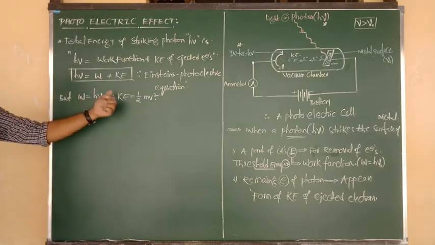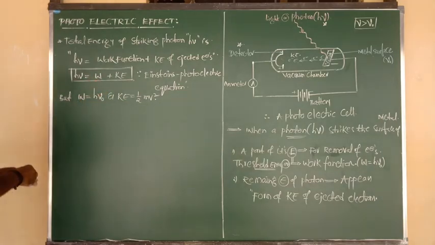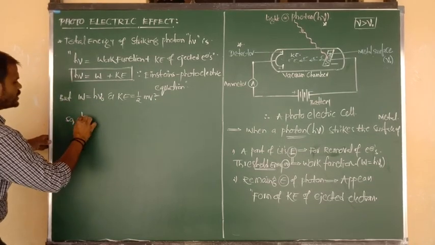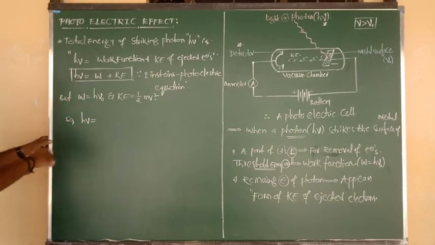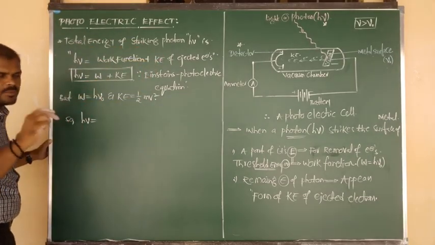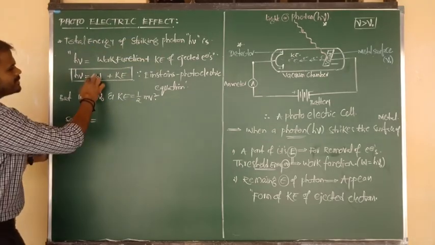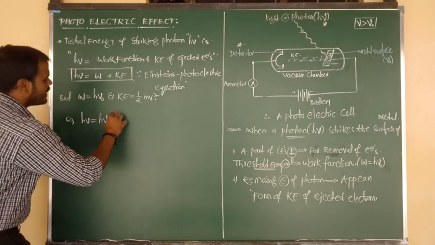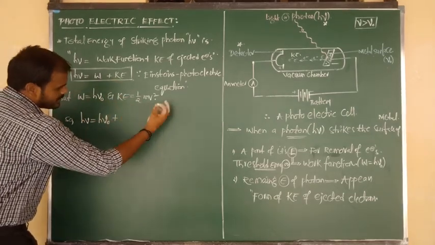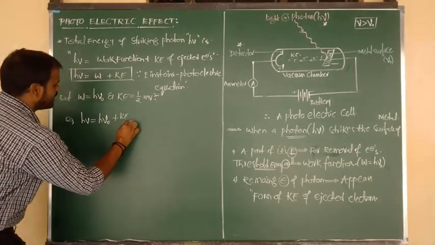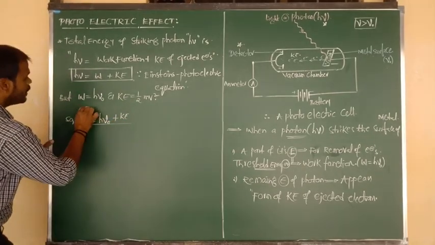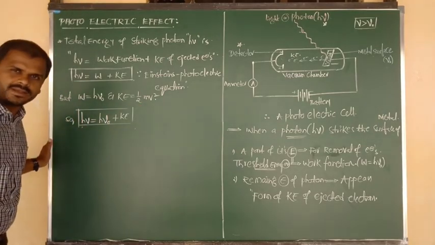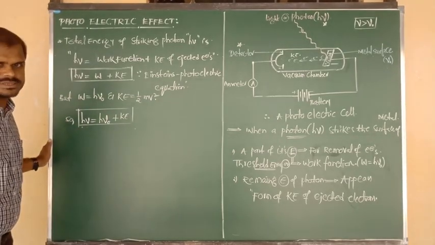So when we substitute these two formulas in the above equation, we will get the final formula. The total incident energy of the photon is h nu. It equals W, the work function, so in the place of work function we can write h nu naught. And in the place of Ke, we can write half mv square. Otherwise, if you want, you can write Ke also as you wish. Based on this formula, we are going to solve a number of NCERT textbook problems in tomorrow's class.